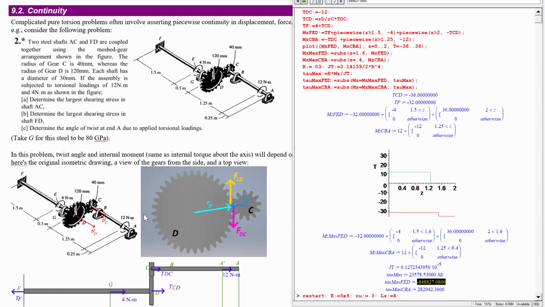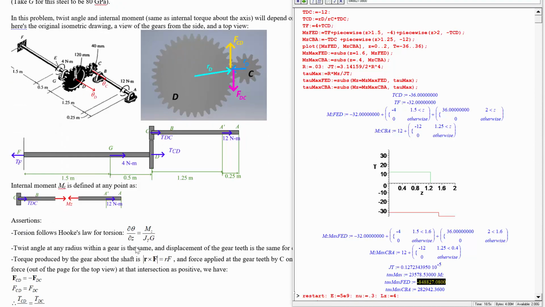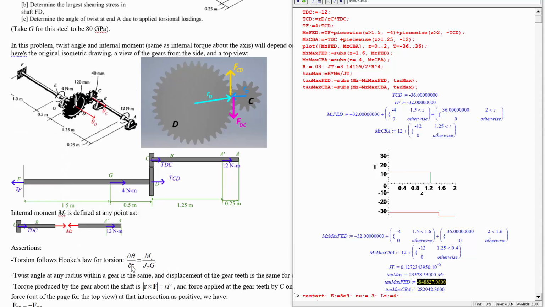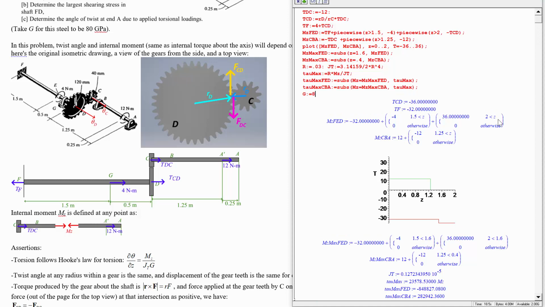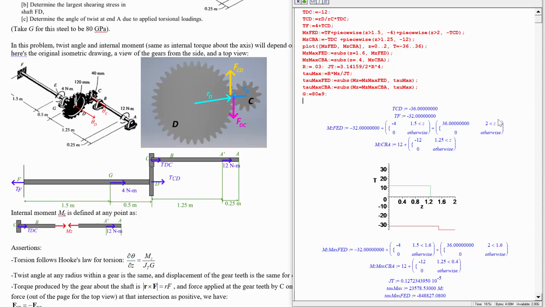and that is going to be in the first segment in FED rather than in CBA, where the shear stress is lower. To find the twist angle, we can make use of the fact that the slope of twist angle per step in Z is mz over JTG. We can put in what G is. G is equal to 80E9, and then